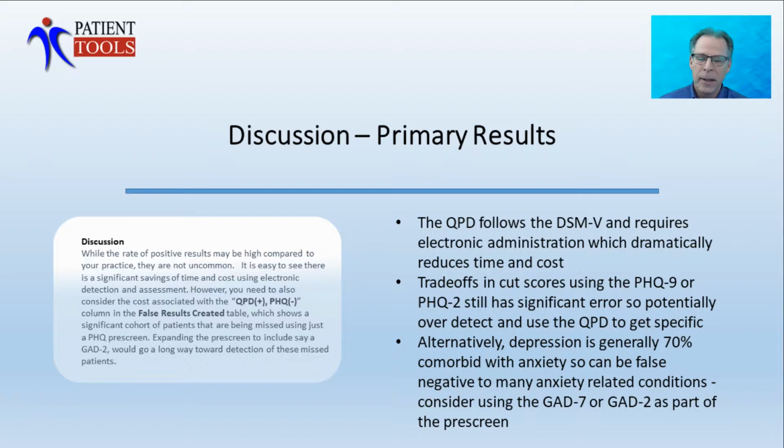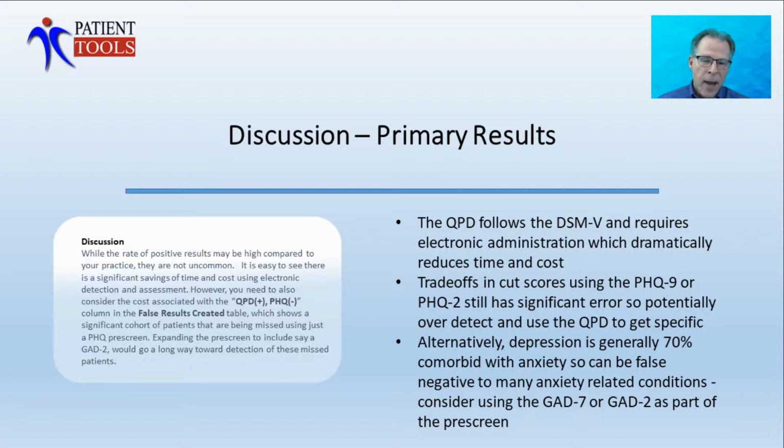specificity of the situation. So then finally, the alternative to this whole thing is that we do know that depression is generally around 70% comorbid with anxiety. And so what you're seeing then is that probably a lot of the stuff that you're missing is anxiety-based. It's not even showing up as depression. And so if you were to throw in, say, a GAD-7 as a pre-screen or even a GAD-2 as a pre-screen and maybe let it trigger a little bit higher, you might find there's a combination in between